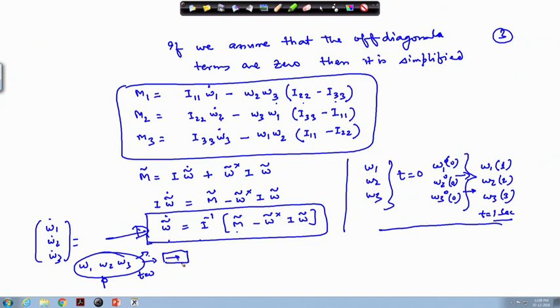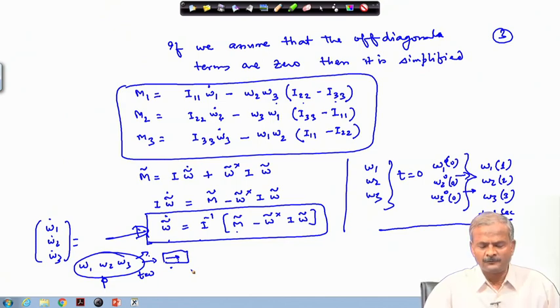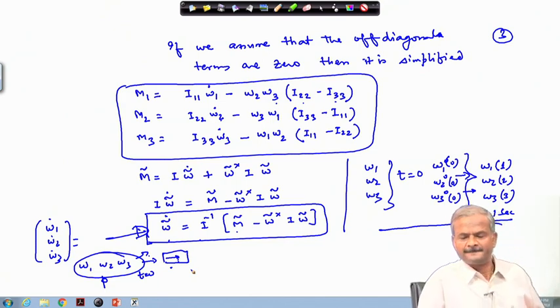So, your Euler angles or Euler parameters or the quaternions will be propagated from one instant to another instant, and then again we use the updated value of omega to propagate the quaternion. This way we can keep propagating. Once we come to the controls part, we will take one program in MATLAB and look into how this particular thing is done.